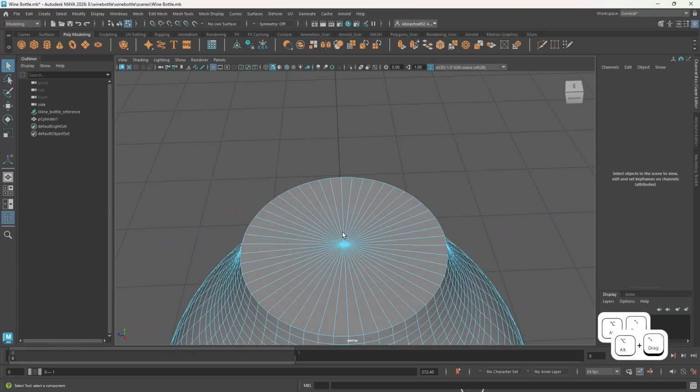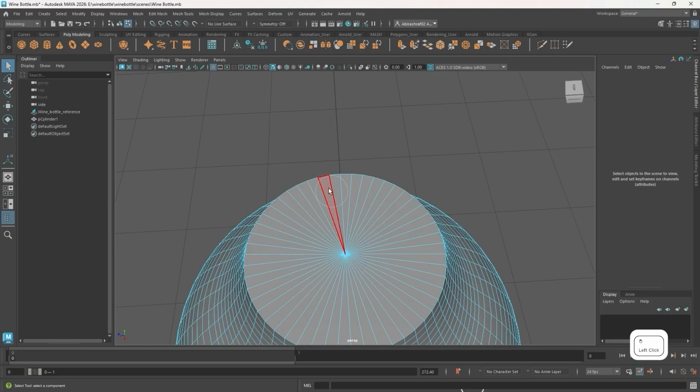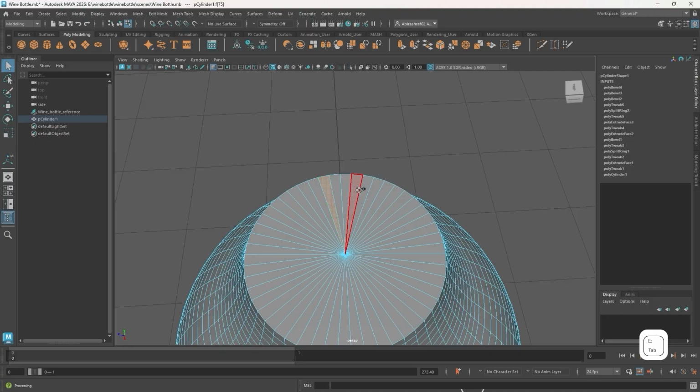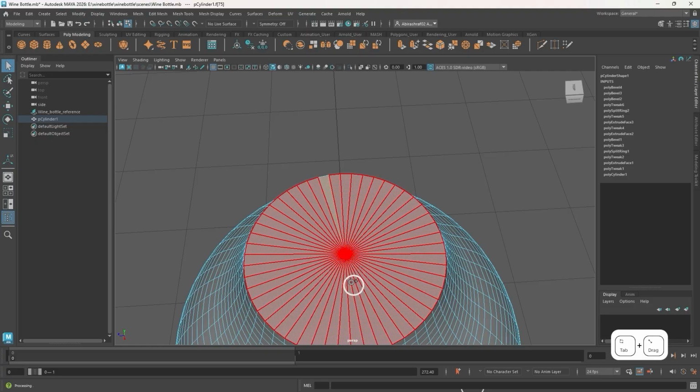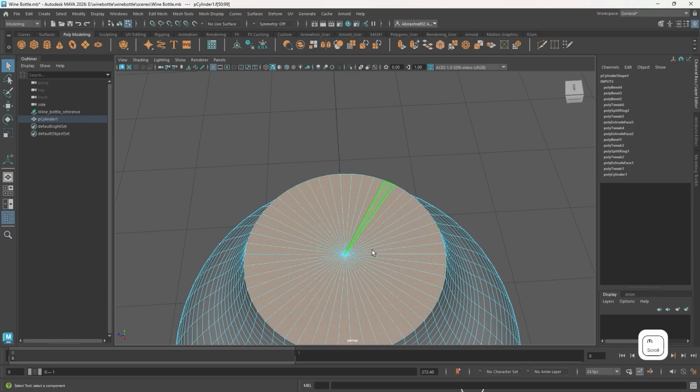What we can do, select one face, hold tab, and once you hover over it, you can see the circle and plus. What this does is it's essentially a shift while you're holding down. So hold your tab down and hold your left mouse down and drag your left mouse. And it selects everything that you're hovering over. Once you have that,